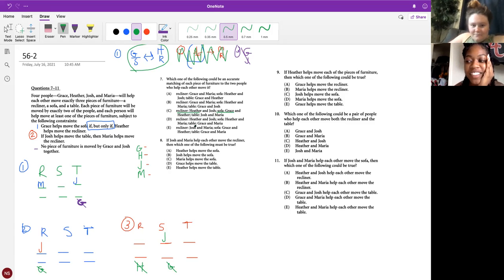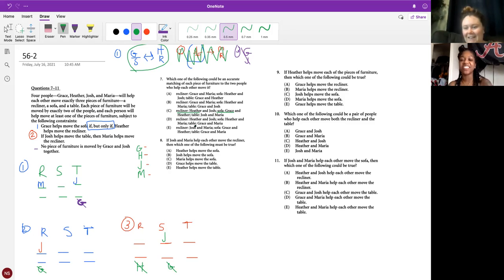I was looking for the R with the name. Oh, yes. D has R with H, but we don't have G with the sofa, so D is wrong. And then for the second, we don't have H with R. Oh, but we have S with G and T. S, so that's out. Yep. Okay. Cool. So next rule,